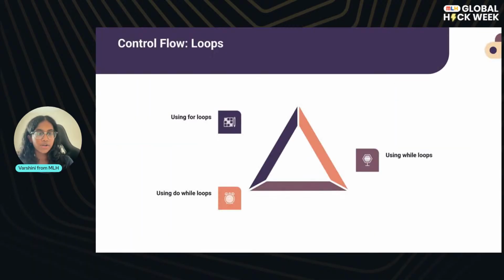And now we're still going to be talking about control flow, but a little bit about loops. Loops help you repeat code without copy and pasting like a maniac. I feel like for a lot of code, I usually just copy and paste, unless I'm using loops, because loops are super useful. So let me go back. We've got for loops, while loops, and do while loops, and those are the three that we're going to cover.